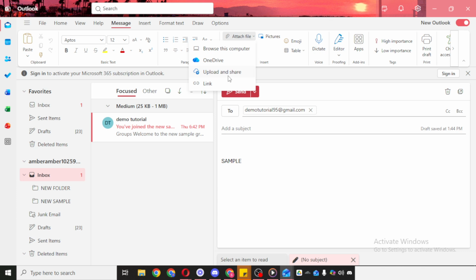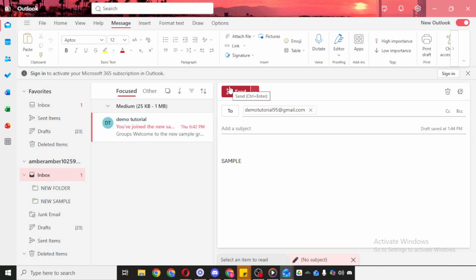If you're attaching a larger file, it may take a few seconds to upload, so give it a moment. It's also a good idea to quickly review your email one last time, including the recipient, subject, message, and attached file, just to avoid mistakes. When everything looks good, click Send. Your email, along with the attached file, will then be on its way to the recipient.